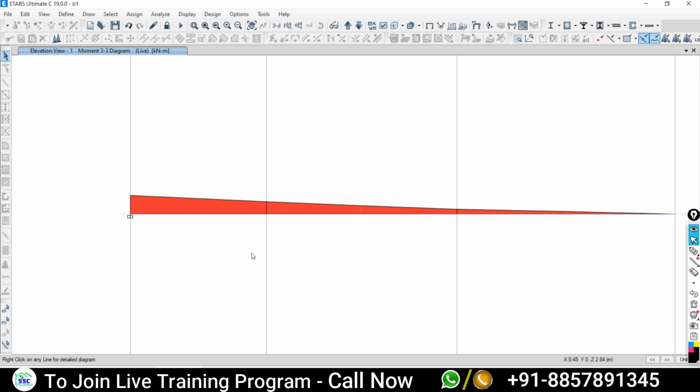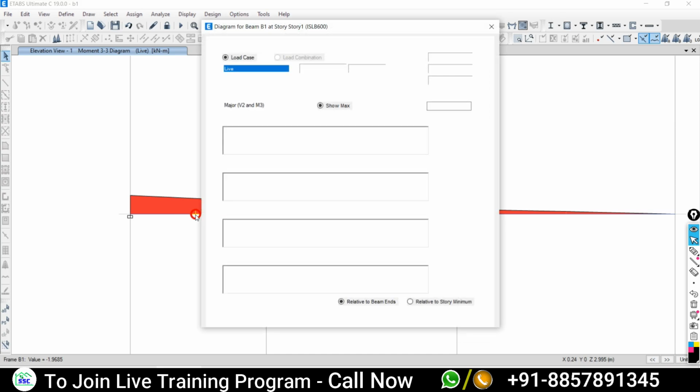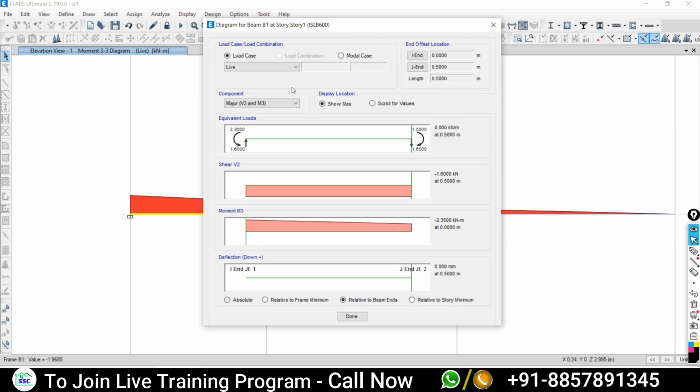This new window will open, and it will show you major shear along 2-2 and major moment along 3-3 automatically. The software understands it is a beam, and shows the shear force along 2 only and major moment along 3.